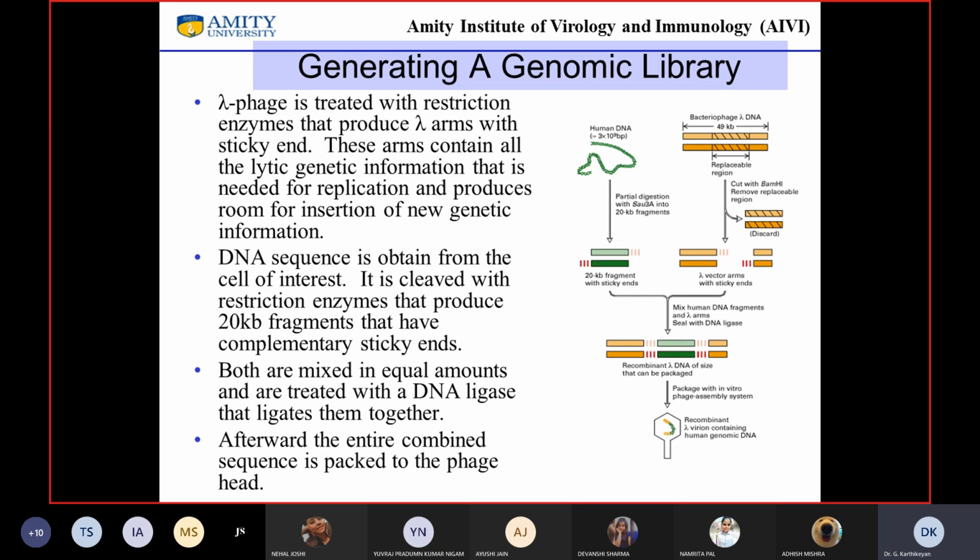For example, you cannot ligate an EcoR1 and a BamH1 cut vector. Similarly, you can't cut with two different restriction enzymes and ask it to ligate. That will not happen. But there are special cases when you can use certain restriction enzymes which will result in what is called a compatible end. In this case, Sau3A and BamH1 have compatible ends. That is why you are able to clone it. Can we move to the next slide?